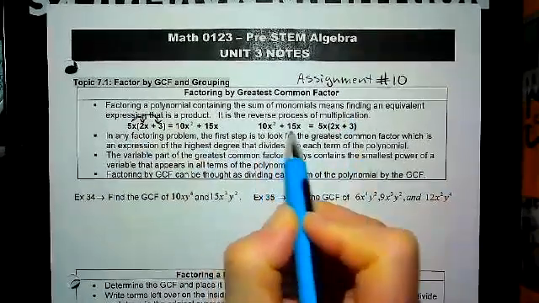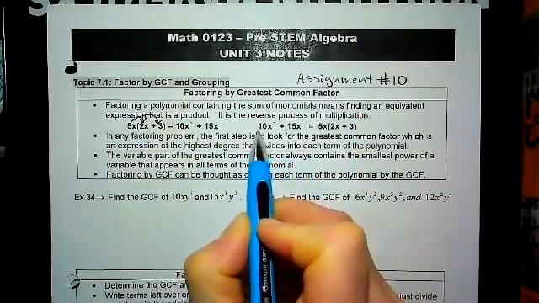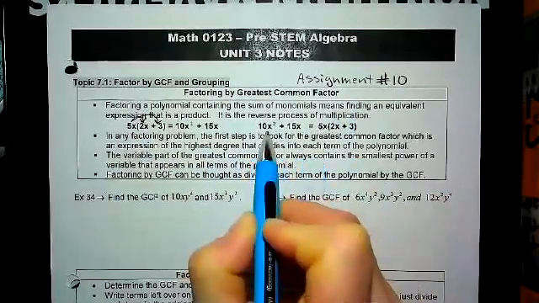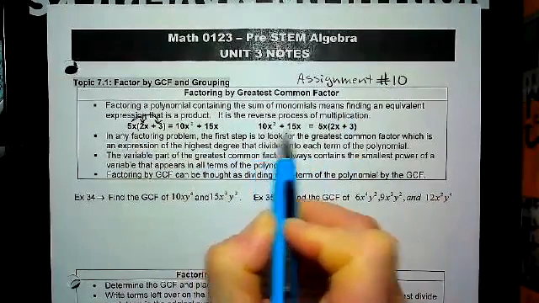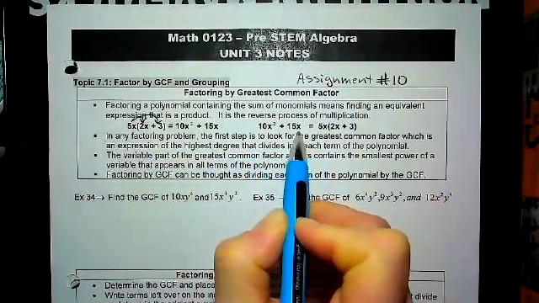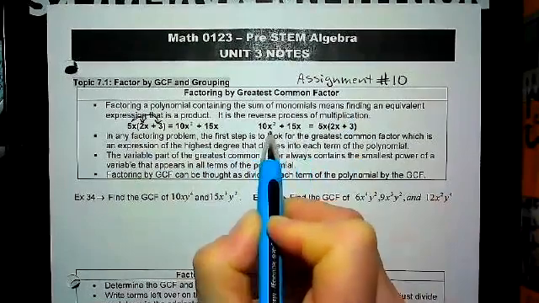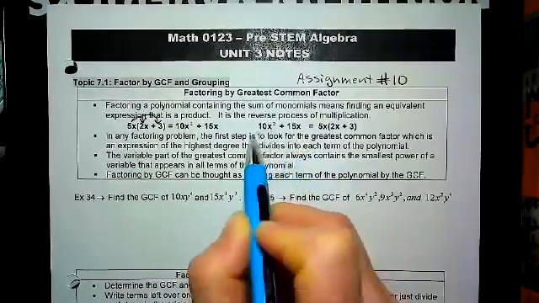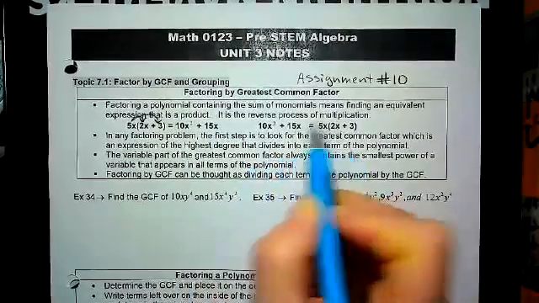So if you're given this, you need to ask yourself what can go into 10 and 15, which I know 5 can. And then we look to see variable wise, what do they both have? They both have at least x. So the variable part will always be the smallest power, assuming they both have it. If they both don't have a variable, then you can't take a variable out. So when we pull that out,